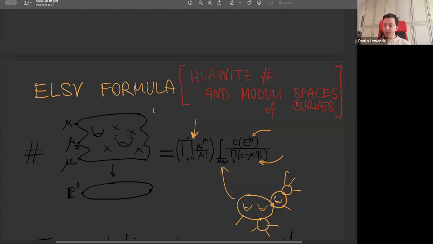And this formula as well, the formula that I'm about to describe, this ELSV formula, is also the tip of the iceberg, as a connection between Hurwitz theory and the moduli space of curves. Because on the left-hand side, you have Hurwitz theory, on the right-hand side, you have integrals over M_{g,n} bar. But again, I'll show you that you have some particular class there. But again, if you change the class over the M_{g,n} bar,